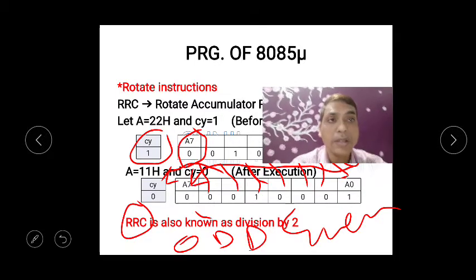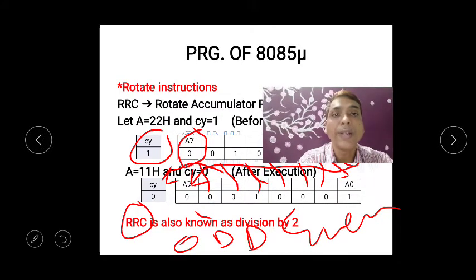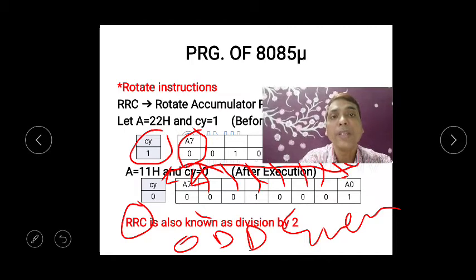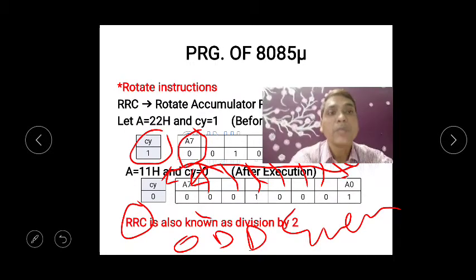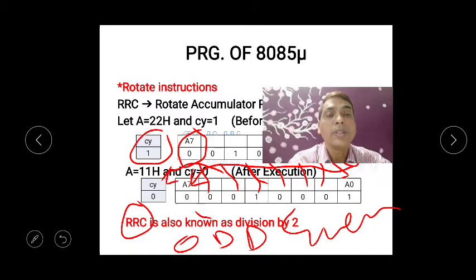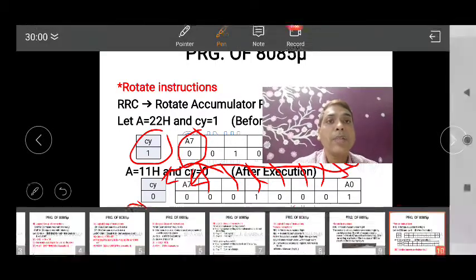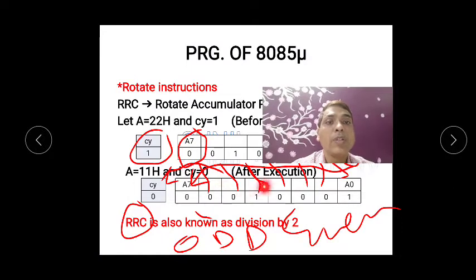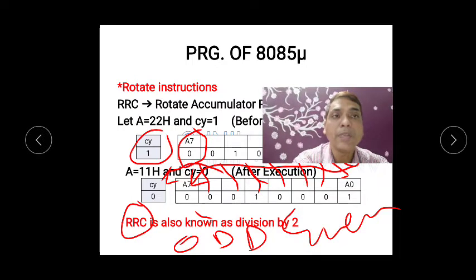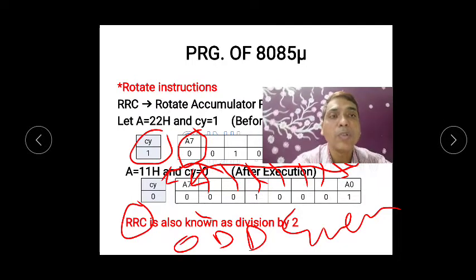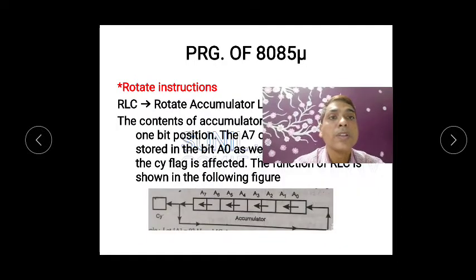Remember that once you divide by 2, if your remainder becomes 0, then it is an even number, and if it is not 0, then it is an odd number. You can see 22 has been changed to 11, which means 22 is an even number. When we see programming and write some programs, at that time we'll come to know. Now let's go with the next.